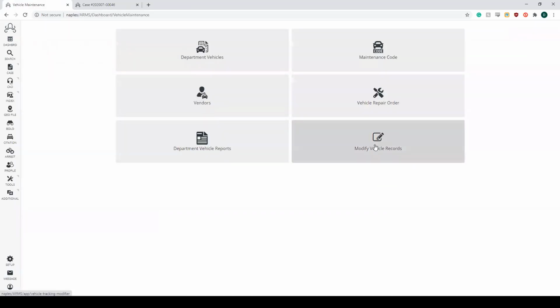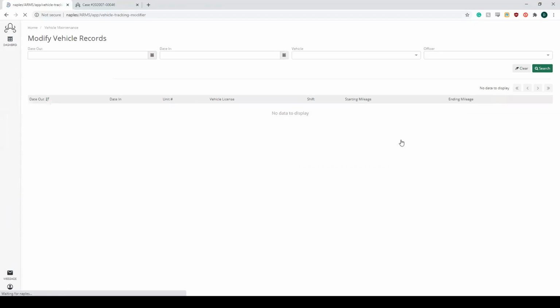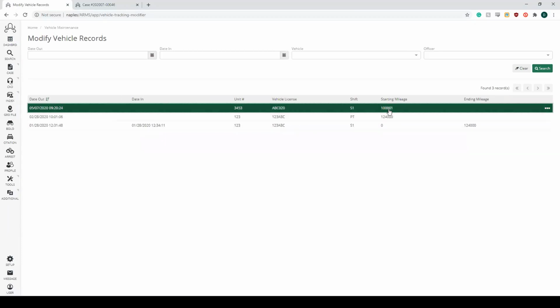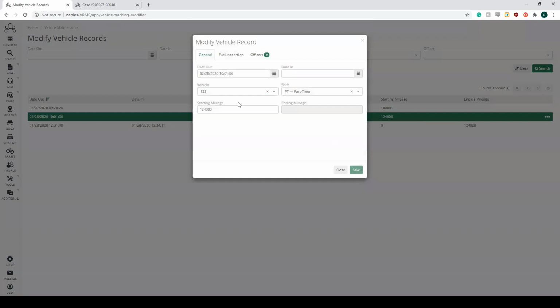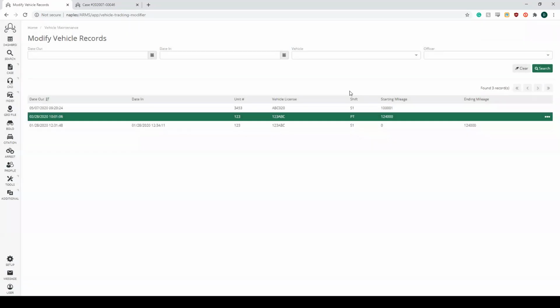All right, and then finally, the modify vehicle records. So this is for if you need to change the mileage for a vehicle or something like that. Now, the mileage is tracked whenever an officer or dispatcher logs it on and logs it off. It asks for the starting and ending mileage, but if someone puts that information in wrong or you realize that it is incorrect, you can always come in here and change that starting mileage or modify whatever kind of information they put in. You can also do a fuel inspection report where you can check to see what